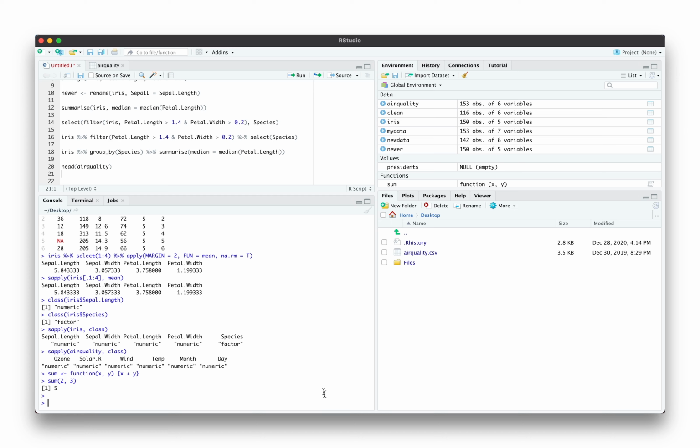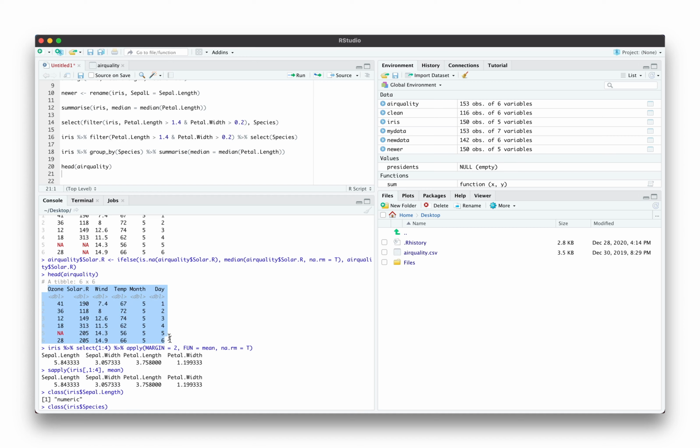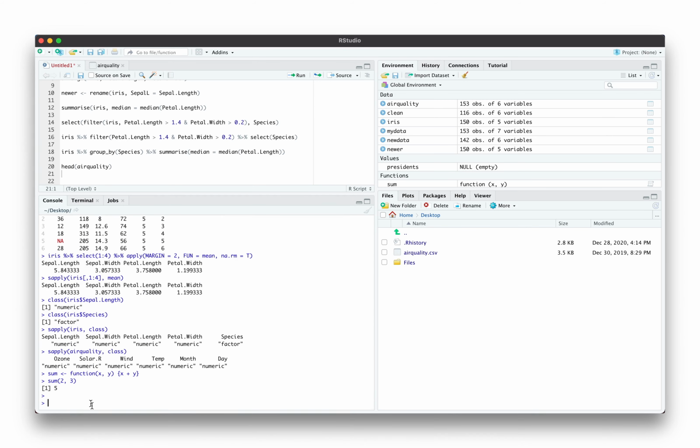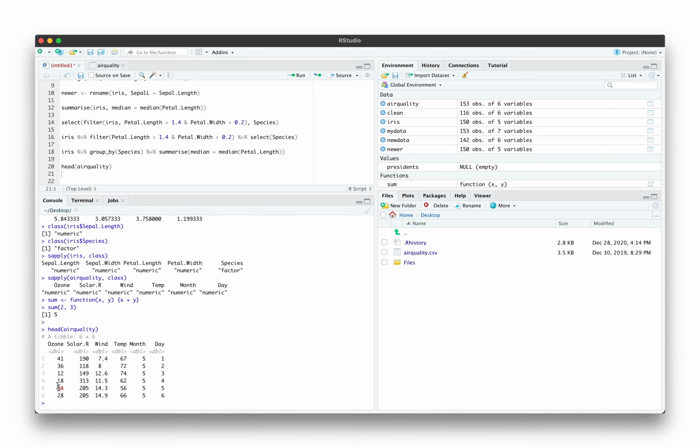What you can start to do with something like this is define functions yourself and apply that to all the columns in a data set or data frame quickly and easily. So if I wanted to go head airquality, there's still some missing values in there. And maybe I don't know which column has a missing value, but I just don't want to think about it. And I just want to apply and replace all missing values in whatever column with the median of that column. And I can define a function